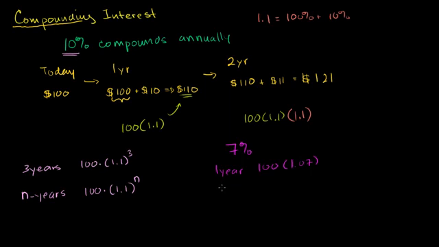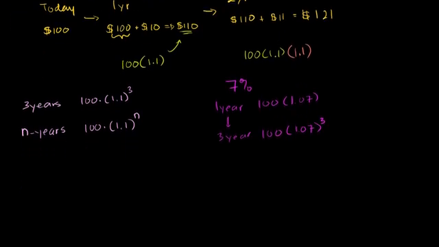After 3 years, it would be 100 times 1.07 to the third power, 1.07 times itself 3 times. After n years, it would be 1.07 to the nth power. So I think you get the sense here that although the idea is reasonably simple, to actually calculate compounding interest is pretty difficult. And even more, let's say I were to ask you, how long does it take